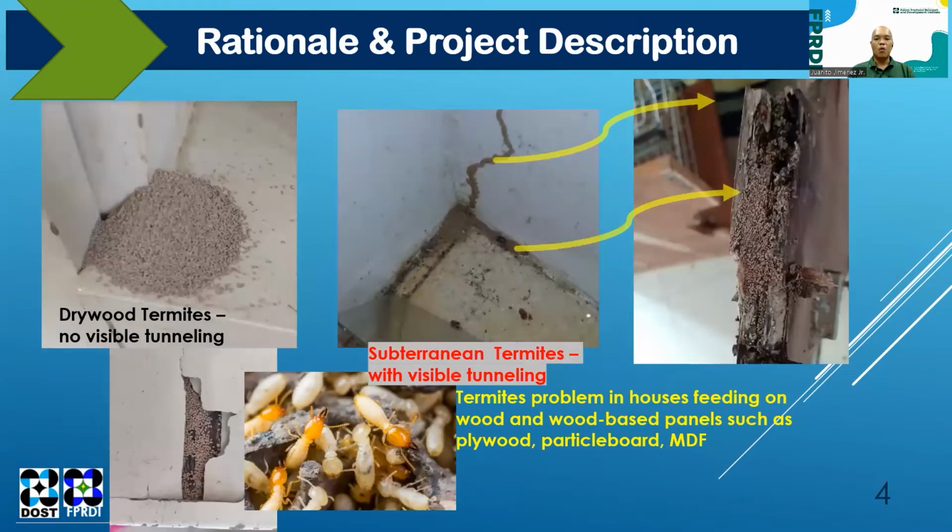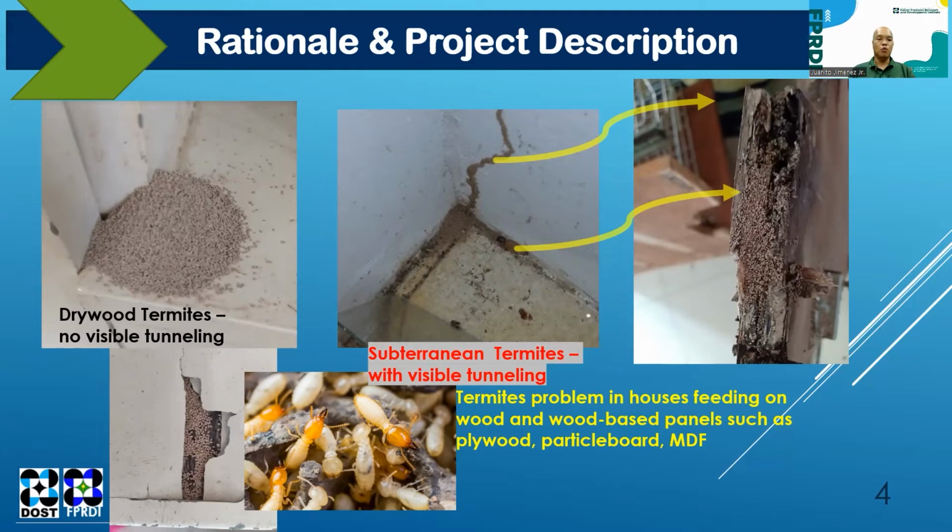On the other hand, one major disadvantage of using plywood as housing components is its susceptibility to termites. There are two types of termites that may attack wood-based structures. One is the drywood termites, and another is the subterranean termites. Both are destructive. However, between the two, the subterranean termites are easily detected due to the presence of visible mud tunnels, while drywood termites are initially undetected as they do not make tunnels and may be detected only when fecal pellets are found at the base of the wall, floor, or corners of